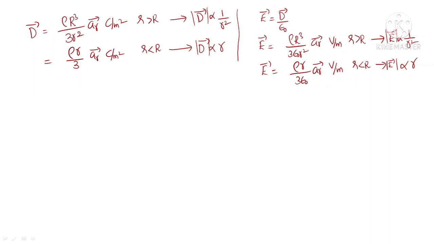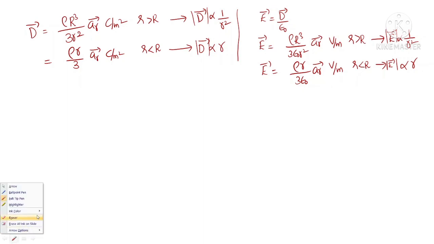So this is about the electric field intensity inside the spherical charge and outside the spherical charge when it is a non-conducting sphere. In a non-conducting sphere, there will be no movement for the charges. As there is no movement of the charges, the charge will be distributed in the entire volume rather than being deposited on the surface.